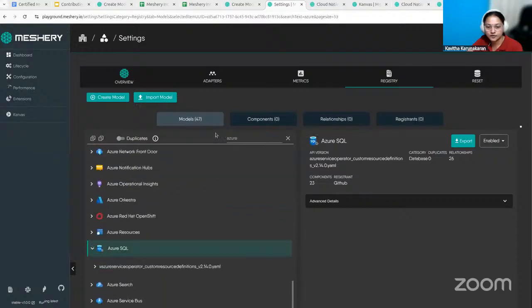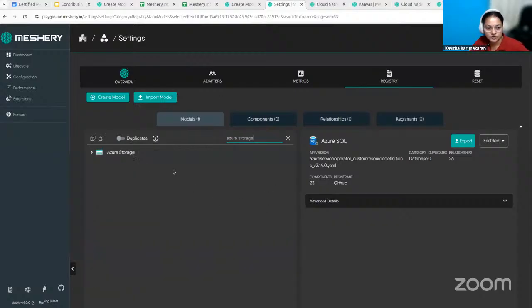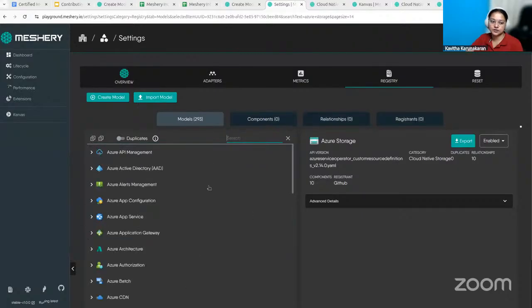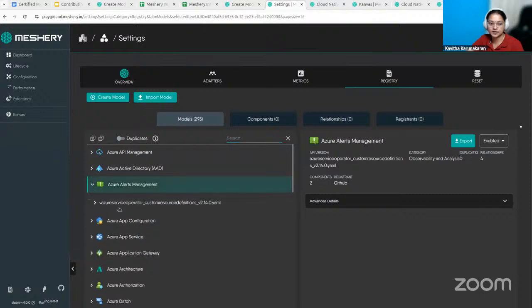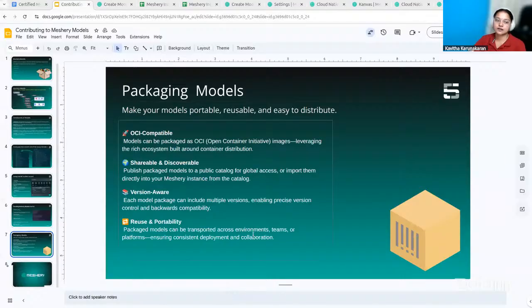I think it was session storage. I saw one which had multiple versions imported. So it's possible to have multiple versions over there, but that will be defined using this particular API version value. And models can be packaged and transported across the teams and platforms to ensure